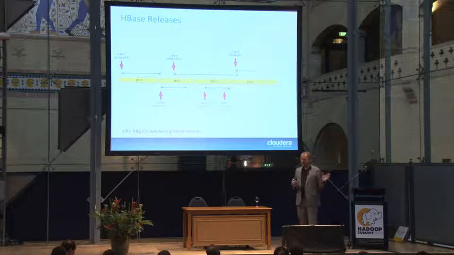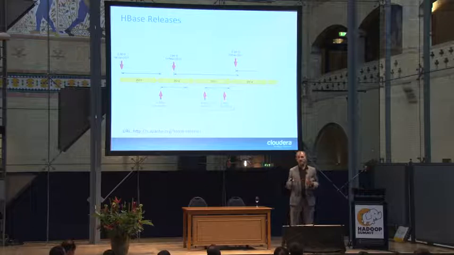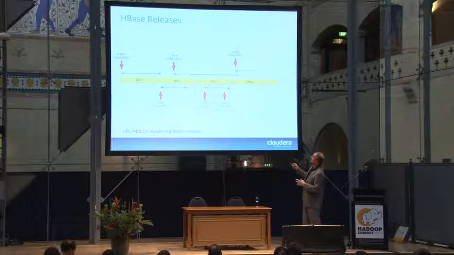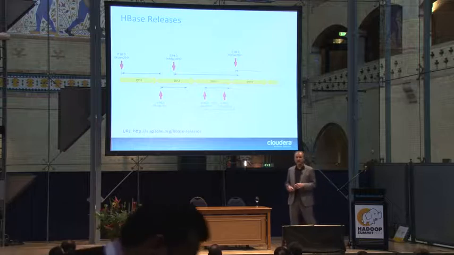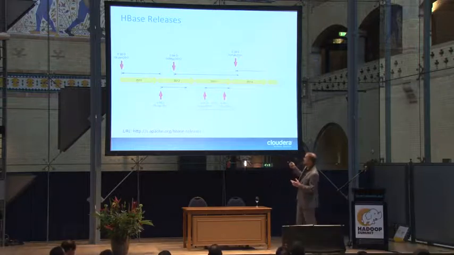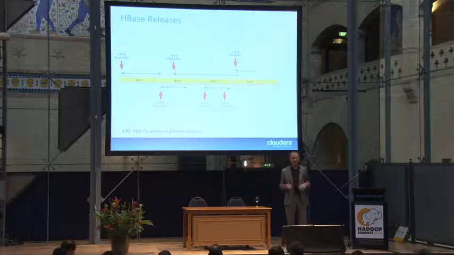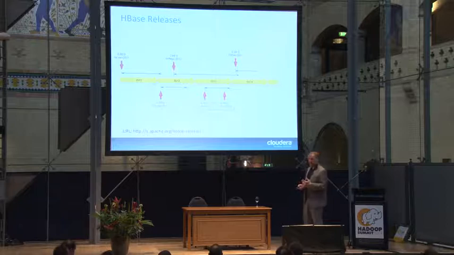And they said, okay, 96 is done. Let's get all of these things in that we're already working on, and let's do a 98 real quick. And that's, again, if you see it as a year in the early days, and all of a sudden here from that 96 release in October, in February we already have 98 out. That's why I got caught unawares. Well, I knew it was going to come, but when I lodged that talk, handed in my application, I was sure it was going to happen, but I wasn't sure when. So we're at 98 right now.